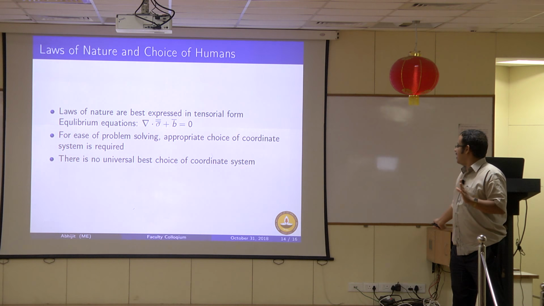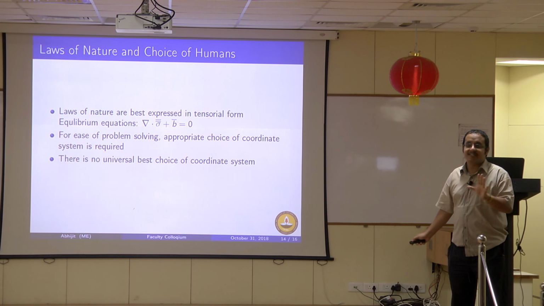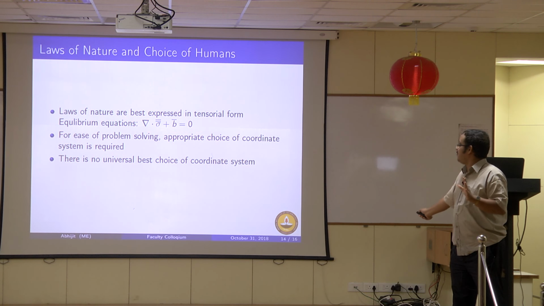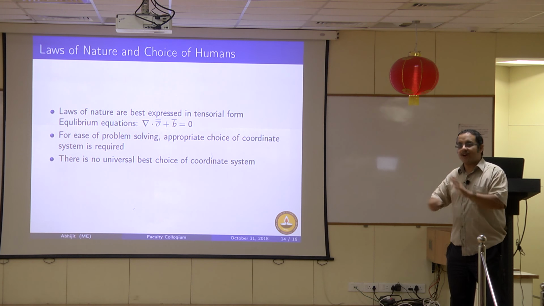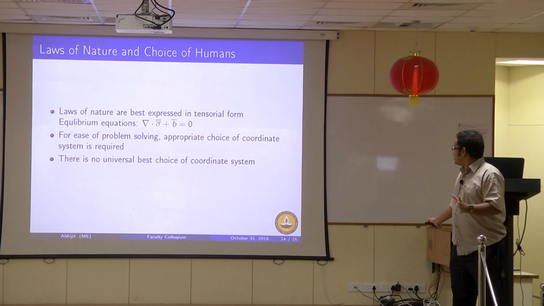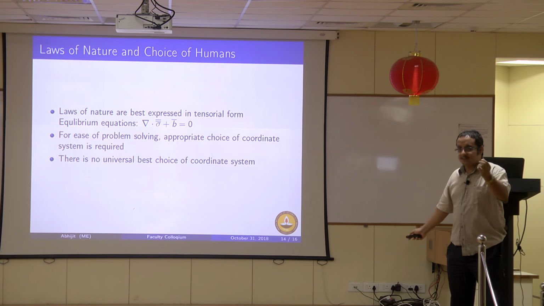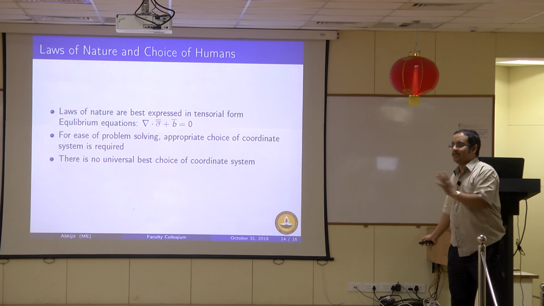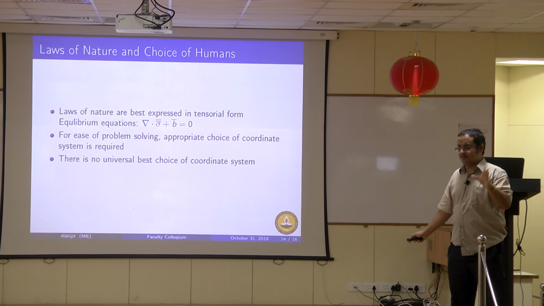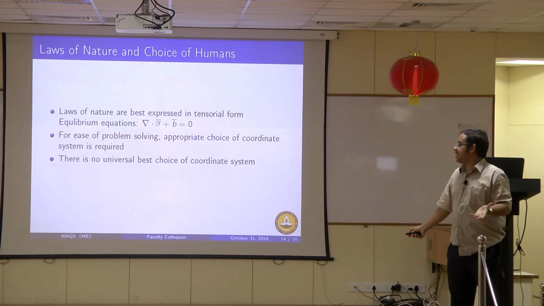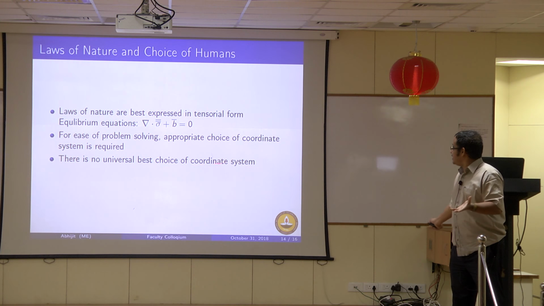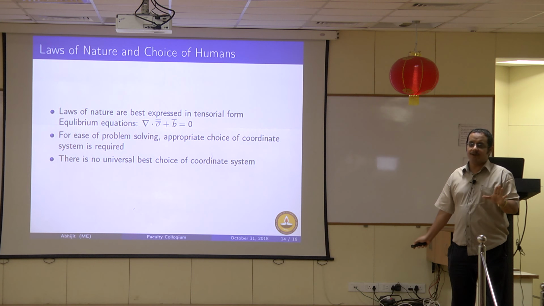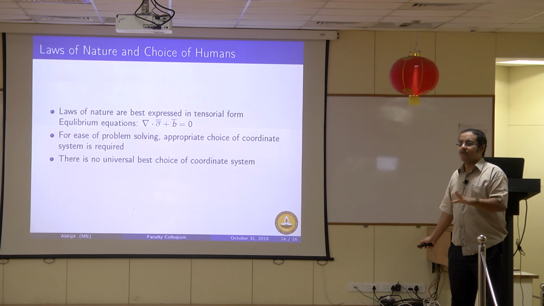And it so happens that actually nature has not discriminated. Nature has only given this, the law of Mother Nature. It is true for every coordinate system. The choice of coordinate system is associated with the specific problem that you are solving. If you are solving an axisymmetric problem, best use a cylindrical coordinate system. If you are solving a regular problem, maybe a Cartesian system you can get away with. So, the point is there is no universal best choice of coordinate system. So, you should not actually mug any of those equations unless you know for sure that the question is coming in the exam.